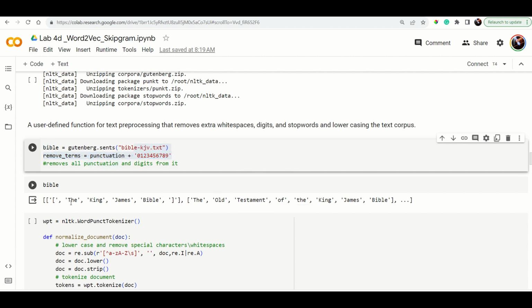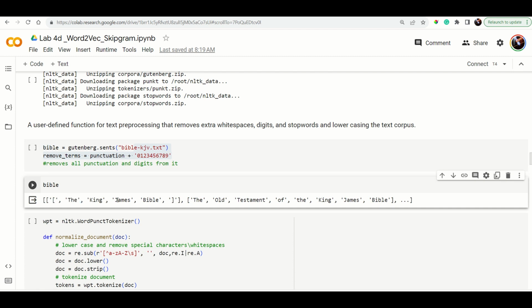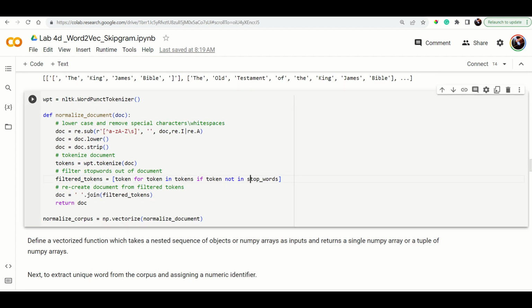So when you look at the data, you can see the King James Bible, Old Testament. These are the words which you have in your Bible as of now. You have removed all the punctuation and the digits 0 to 9. Then, in order to tokenize, you first normalize the document. So a kind of pre-processing is done, where you are stripping it and getting all your data